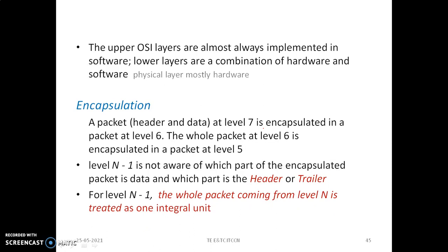So level n-1 is not aware of which part of the encapsulated packet is data, and which part is header and trailer. Suppose we are at the data link layer: it never bothers what data is transferred from the network layer, and it is not aware which part of the packet is header, where the trailer is and where the actual message is. Similarly, for level n-1, the whole packet coming from level n is treated as one integral unit.